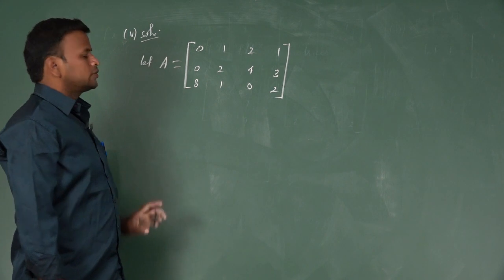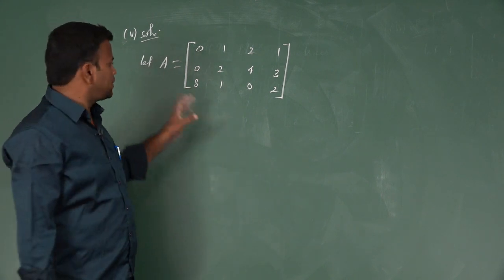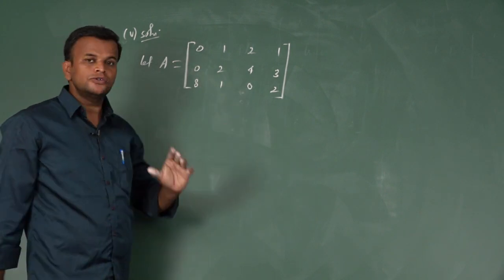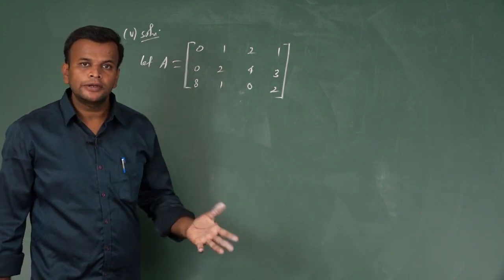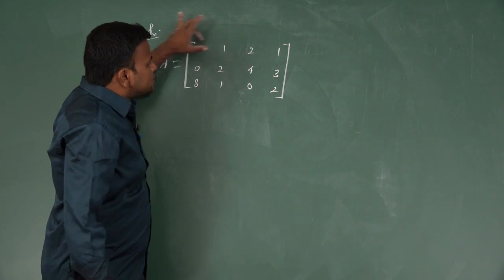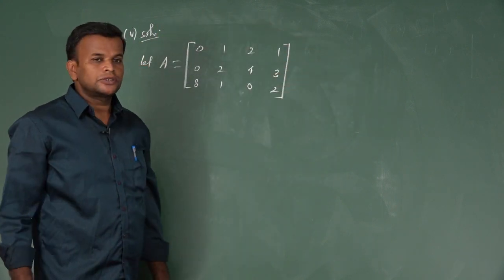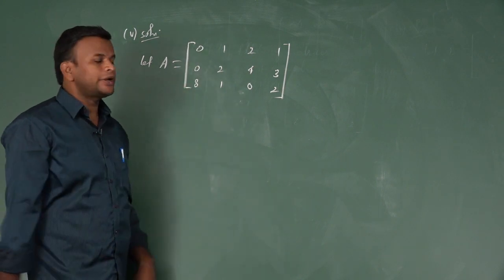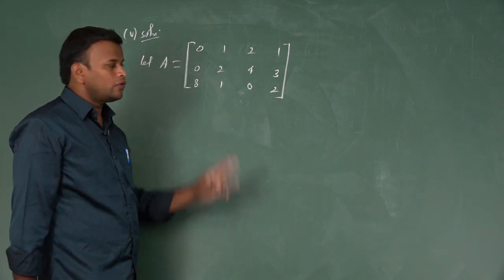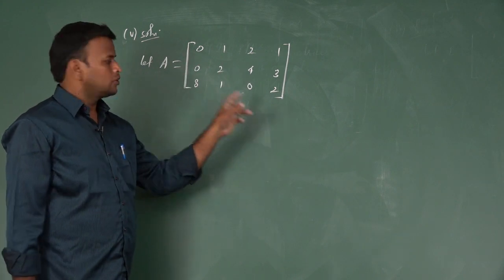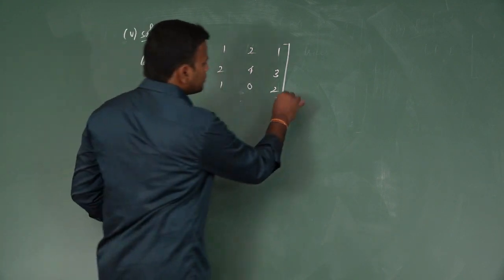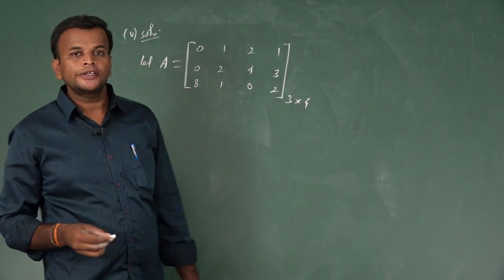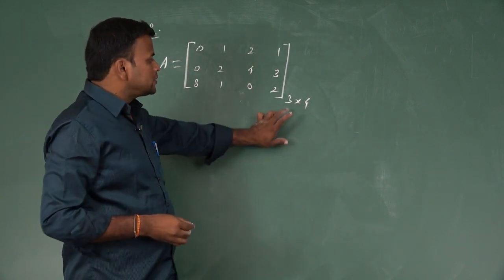Now we try the fifth one. The name of the matrix is not given, we will take it as A. Now to find the rank of this matrix using the minor method. Minor means we reduce the rows and columns. Actually, what is the order of the given matrix? It is 3 by 4: 1, 2, 3 rows, and 1, 2, 3, 4 columns. So what is the maximum possible rank of the matrix? It is 3.